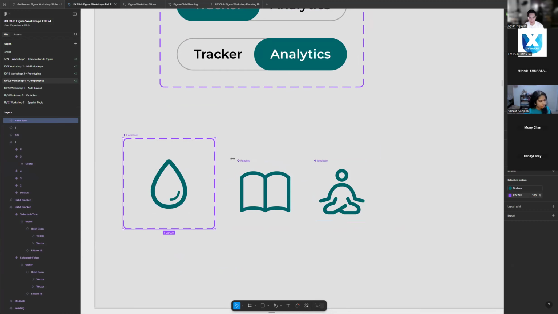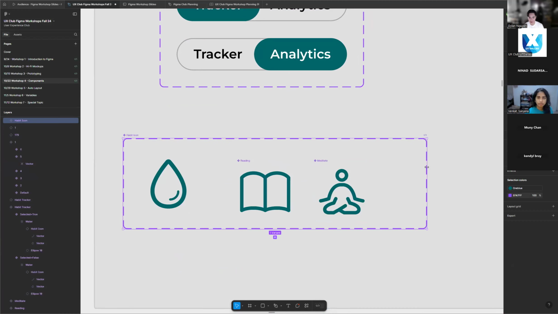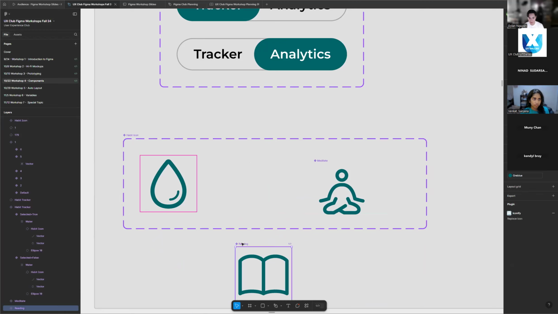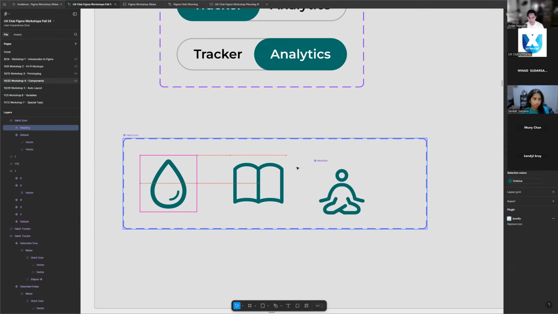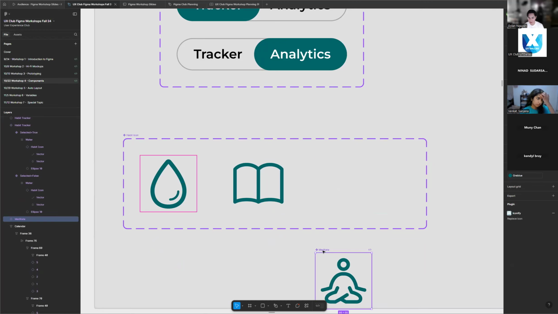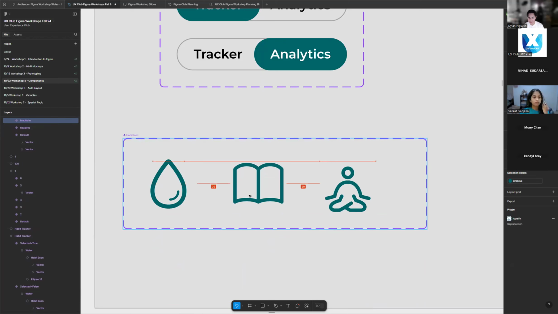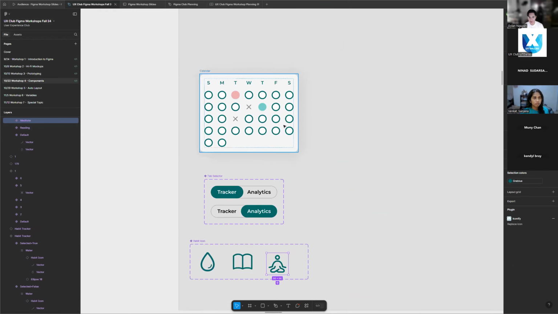If I drag this to be open and I bring, am I doing this wrong? Okay, if I bring this into here, cool, that is one variant. If I bring this into here, that is another variant. So now if I go into